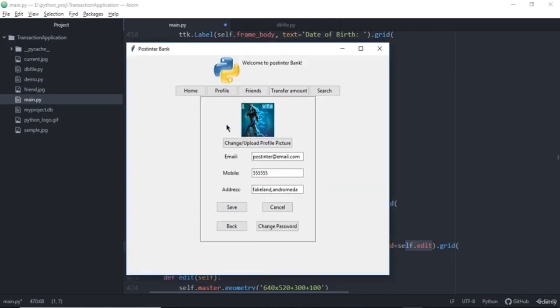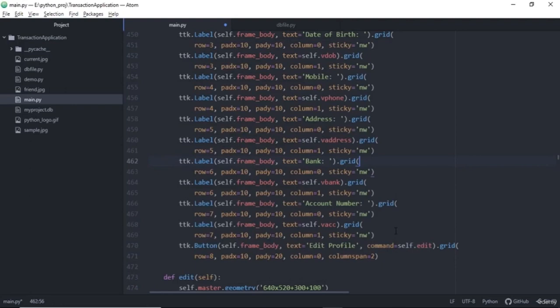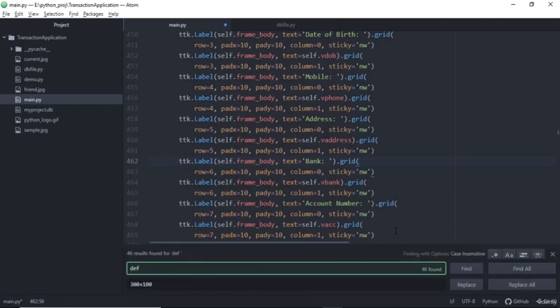Okay, this is the new page that we are going to see. In this we have rendered this button, and we have the profile picture and the email information, which I'm now going to pass as entry options. These are entries, but I'm just pre-filling the values. So if I go to def edit,